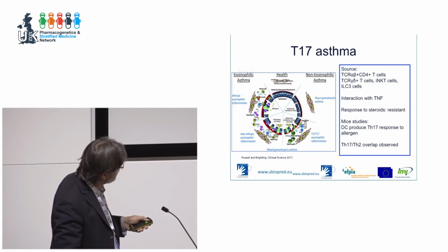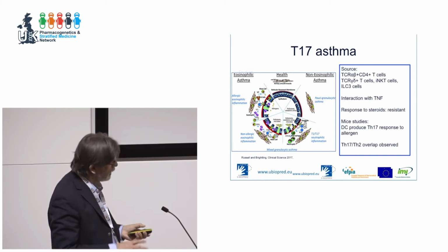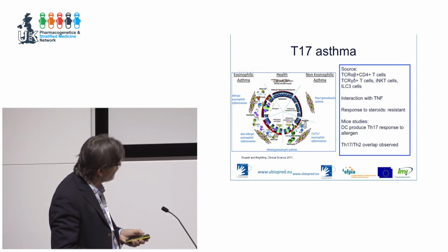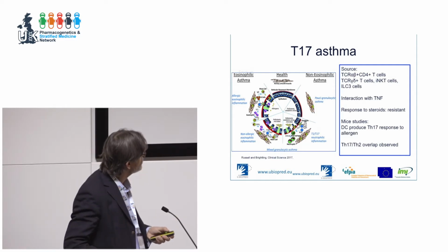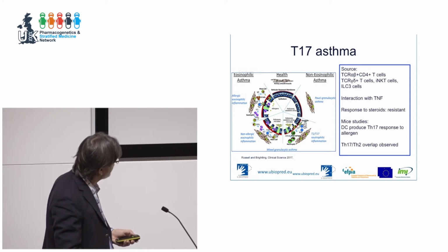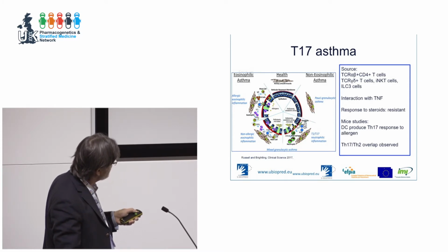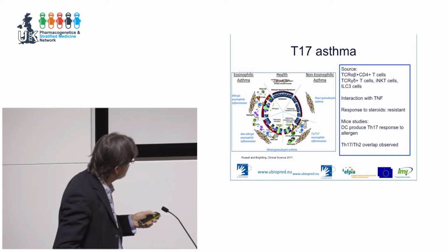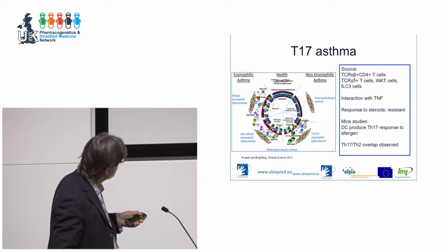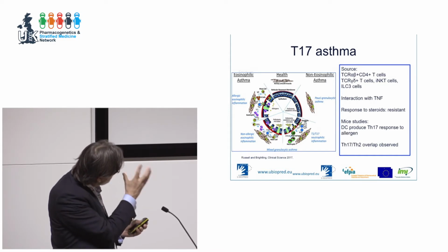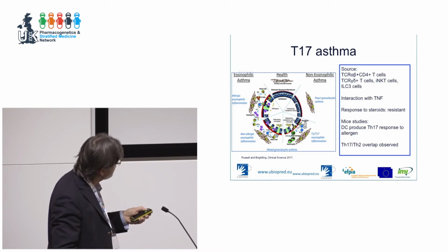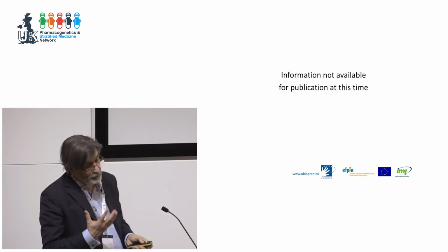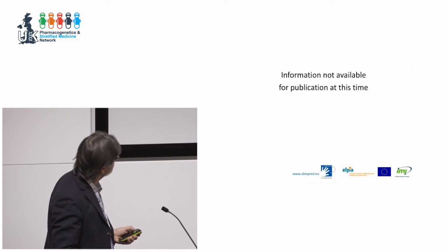In mouse studies, there is some overlap between Th17 and Th2, but in humans we believe that there is very little, if any, overlap. Now, where does T17 asthma fit? This is a conceptual slide where Chris Brightling and colleagues from Leicester reflected on where T17 might fit, and they grouped it with neutrophilia. But there really was very little evidence of this type of inflammation.